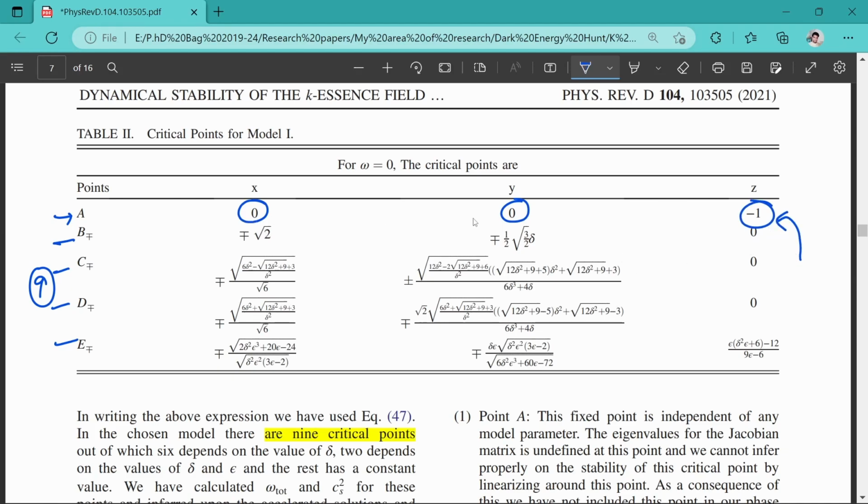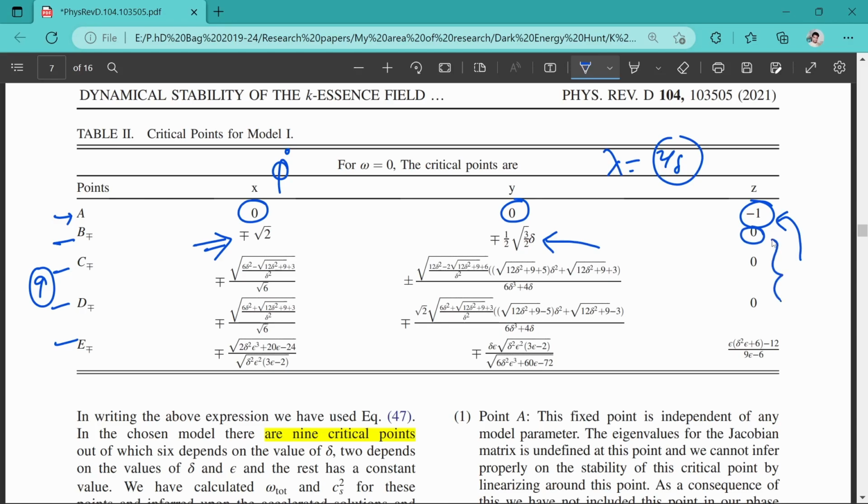So we say that there is no field because x corresponds to phi dot and y corresponds to v pi, and if they are 0, the field part is 0, therefore it is not a very legitimate critical point. Again you have the constant kind of characteristic, like minus plus root 2. Again it is only taking the lambda part, which is 2 by delta in this case, and z becomes 0.